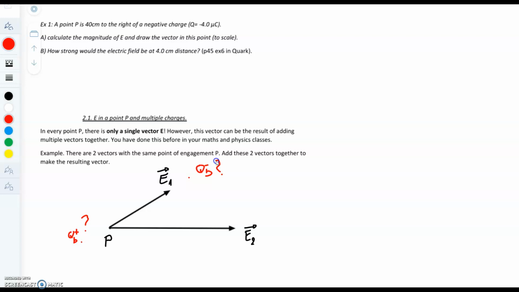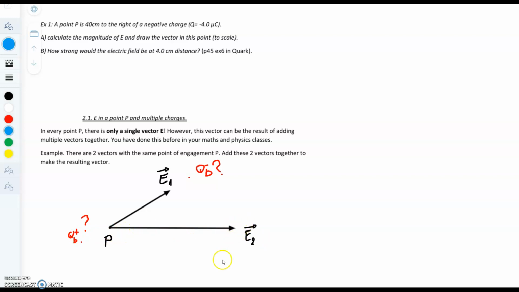That will cause the field vector to be pointed towards it. Again, we don't quite know in this situation. It isn't given. Same deal here. We have a much larger field vector E